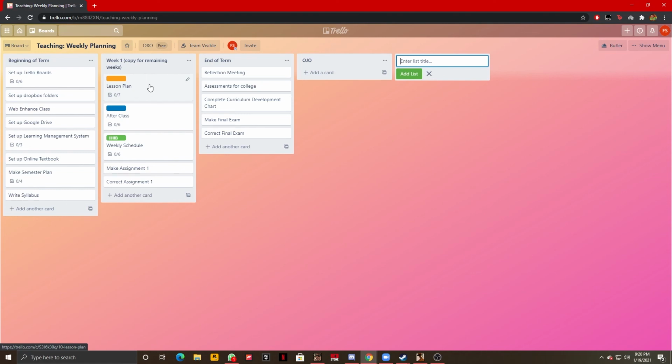Now that's pretty much all there is to it, guys. I hope you found this tutorial helpful. I hope I cleared up the basics of Trello and what it is and what it does and how you can use it